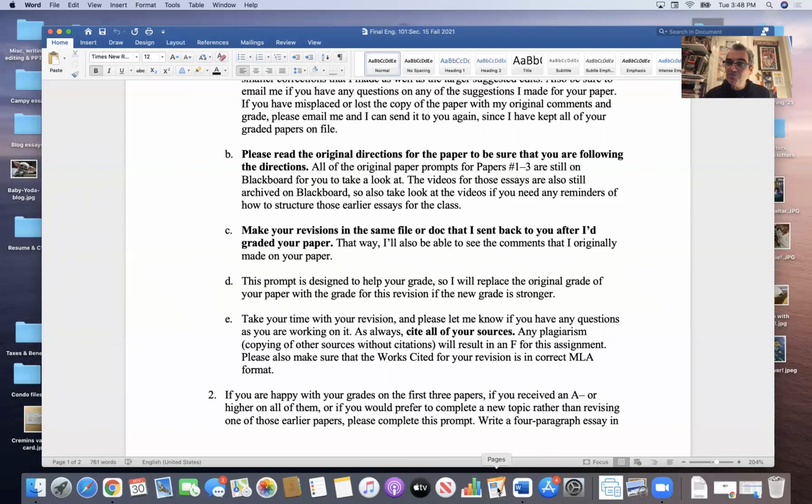As we did with paper 4, when you turned it into paper 5, use the same file. So you don't have to remake a new file. In fact, it's actually probably even easier for me if you just make the changes that I asked for in the existing file for the paper. You don't have to start a new one. You can if it's easier for you, but I'm used to editing my own work where someone sends me a